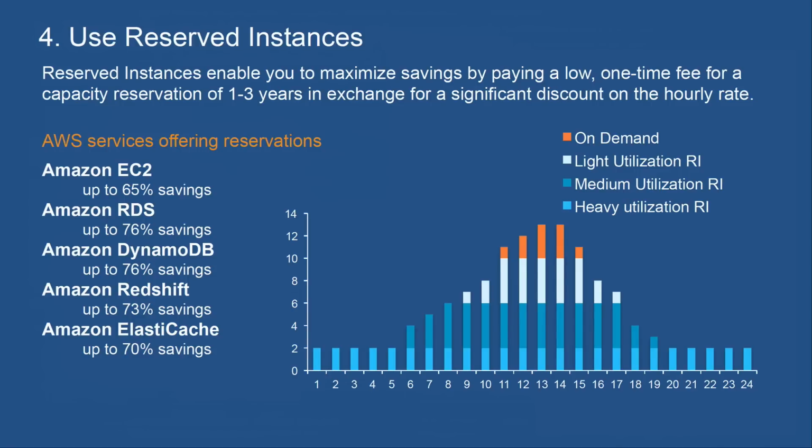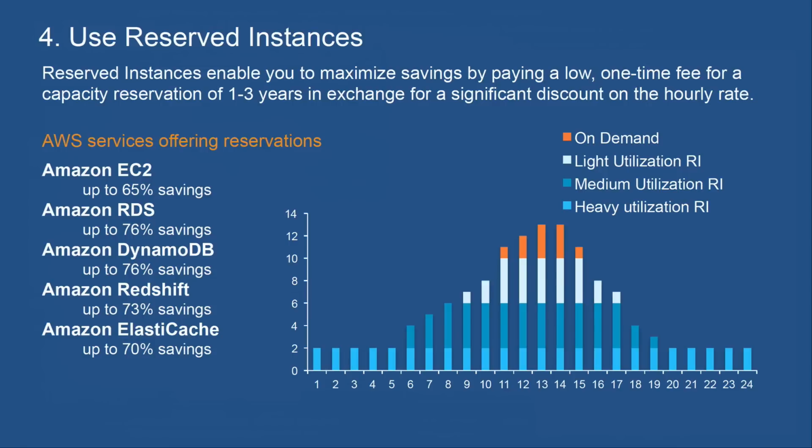You can also reserve capacity on DynamoDB. You can reserve Redshift clusters. If you have data warehousing workloads that you want to run in AWS, you can do those on the reserved clusters as well. And you can reserve ElastiCache clusters that you might use for accelerating the performance of applications that need to access relational data sources by using caching. So you've got several options there for reserving services, which can help you drive down costs.